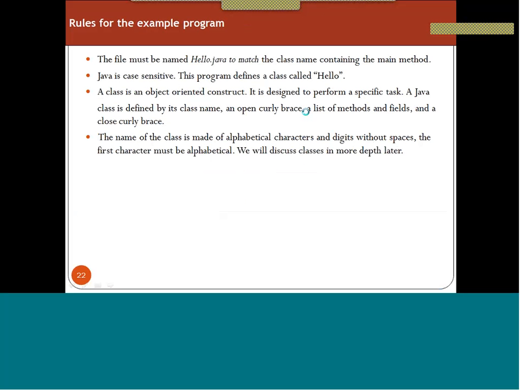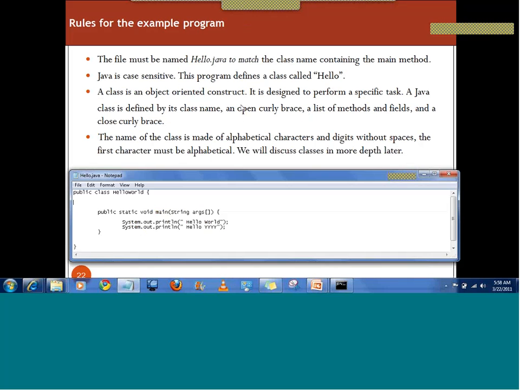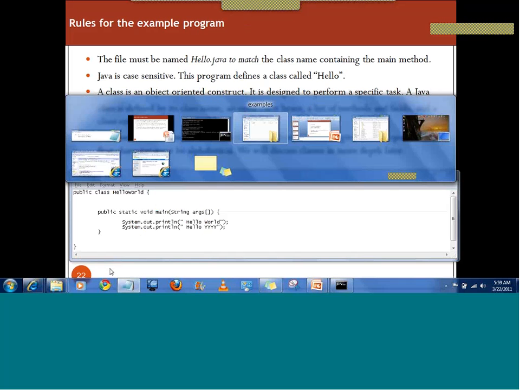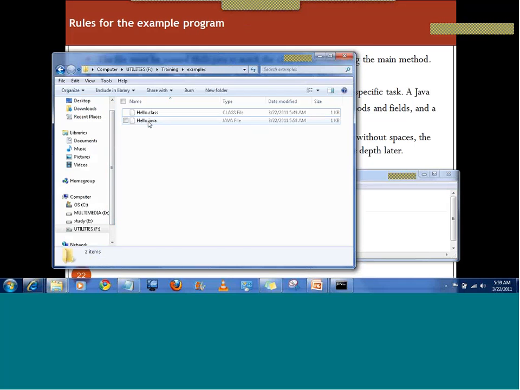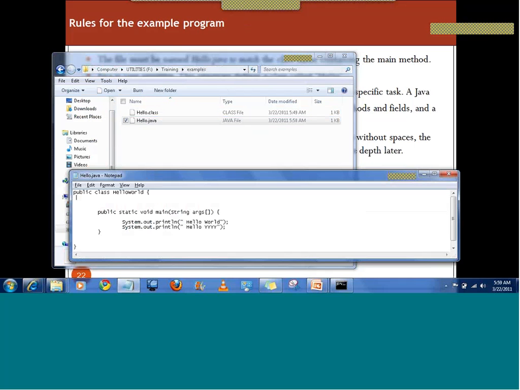From the previous slide, we are violating the first rule: the file must be named Hello.java to match the class name containing the main method. Here the main method is here and the class name we gave is HelloWorld, not Hello, but the file name is still Hello. So either you rename the class name here or